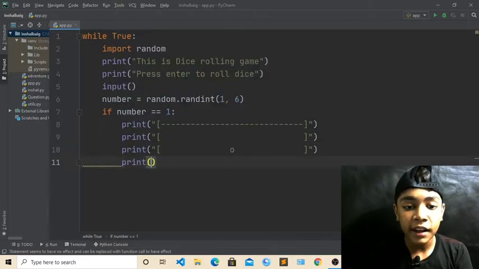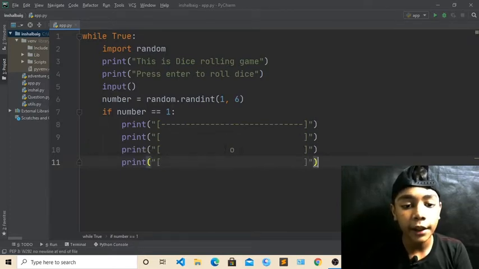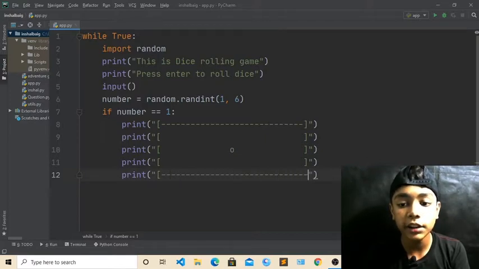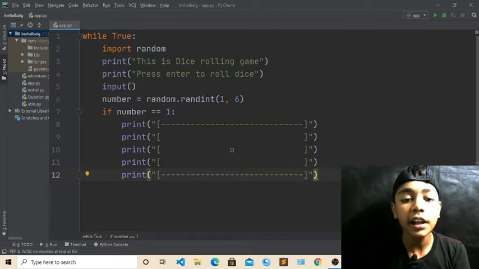And now you can see I have defined this print over here, and now here you have to write, again, empty over here. And now come over here, write print tag again, okay. And now it will be a square bracket over here, and now it will be dashes. We are closing this tag, so we have to write another dashes over here, okay. Now you have to close this square bracket over here. Now till here we have done.